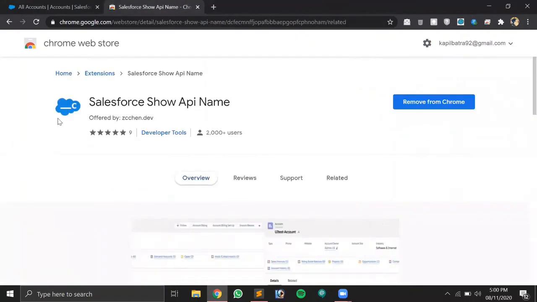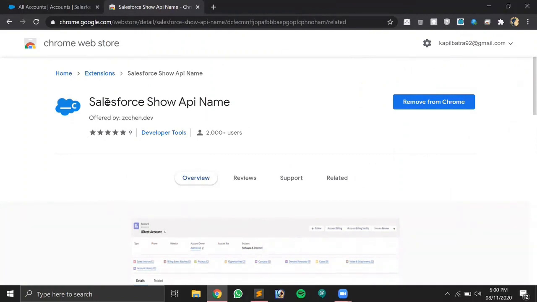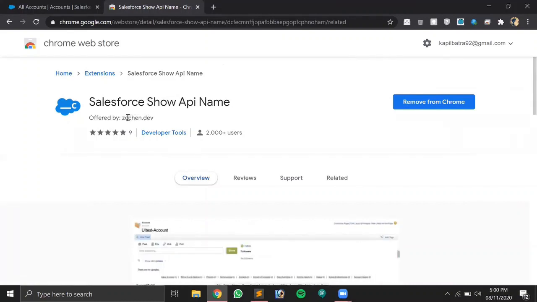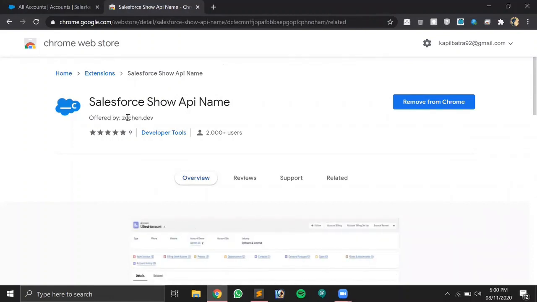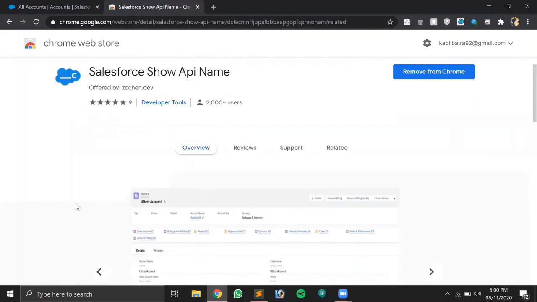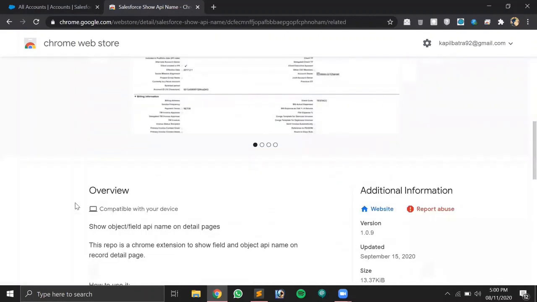So the second extension guys I'm sharing today is Salesforce Show API Names. So guys, using this extension, we can check the API name using a shortcut key from our keyboard. So there's some shortcut key specified based on your keyboard type. If you are using Mac, you could be using Linux or you could be using Windows. So there are separate shortcut keys available based on your machine type. So using the shortcut key guys, the field name will be available on the screen itself, on the record detail page. So let's check the shortcut for Windows.